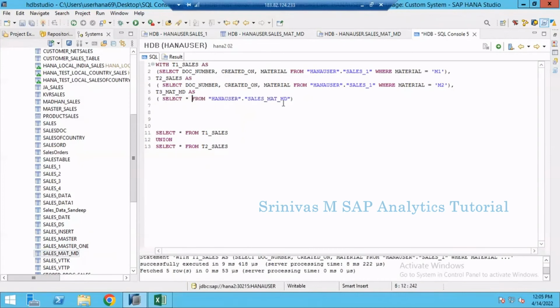Okay, yeah. So now what I am going to do is create one more table, T4 underscore output as. So here every time we are using a single select, but this time I'm going to use two select statements here, this union and this union, and in my final select statement, don't keep a comma here. That is very important. Okay, so here what I'm going to write is select